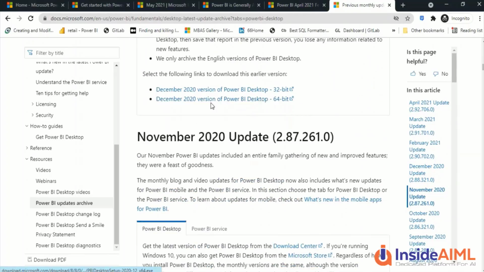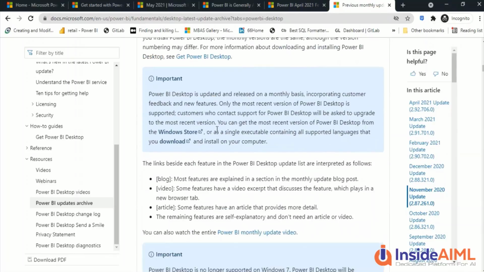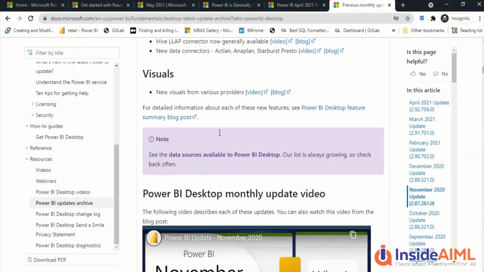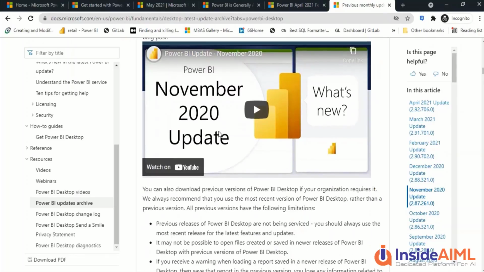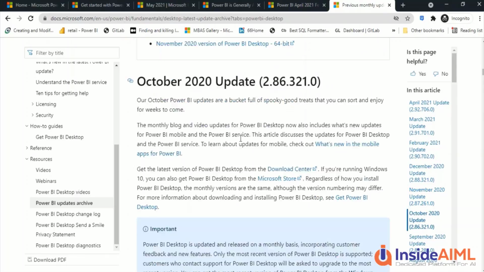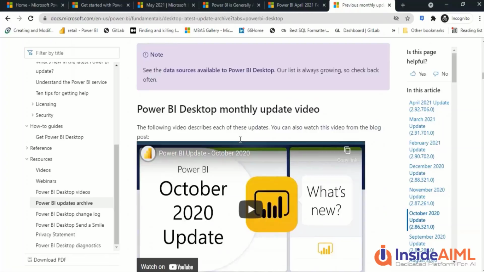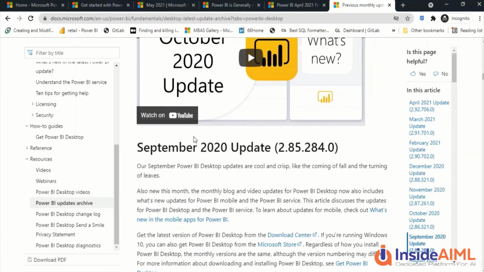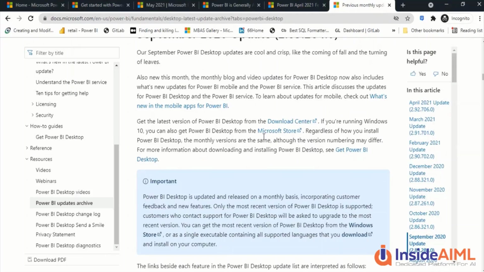And Power BI is not going to give you a lot of archives at a particular place, they will stop. So you might not have it for, let's say, November or October, this will stop. So there is no link available after a particular time, 6 to 8 months only, that Power BI keeps it. Like there is no link now there for October. So it means that the monthly release is no more available there. So you have to be a bit more cautious if you are on a release which is too far away.